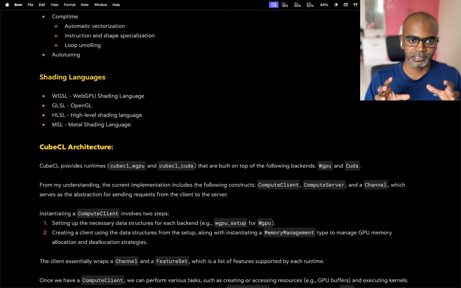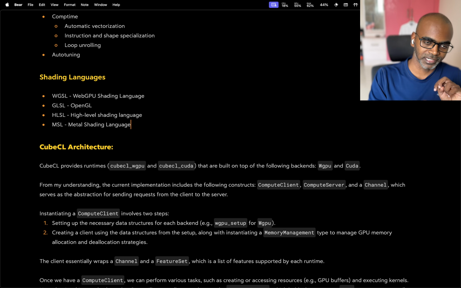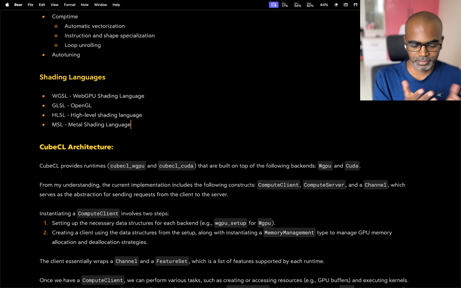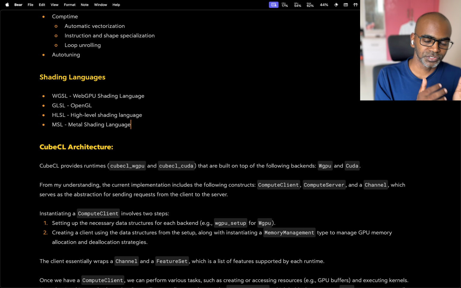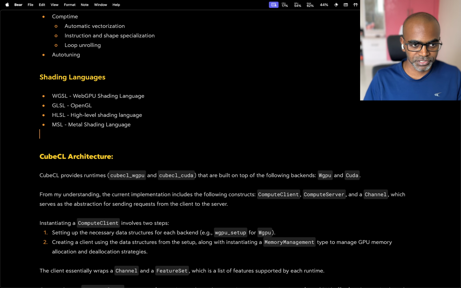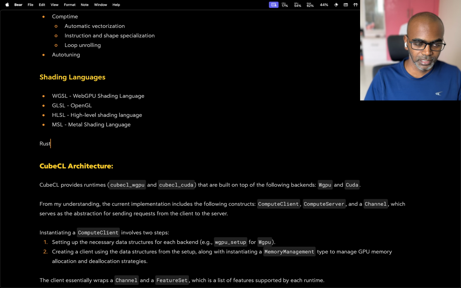We're not going to touch on that subject, at least now, or what these languages look like. But you'll get a feel for it if you just look at CubeCL, because we're pretty much trying to take Rust